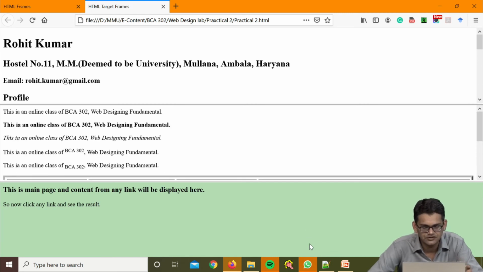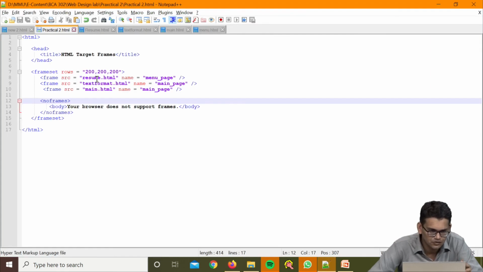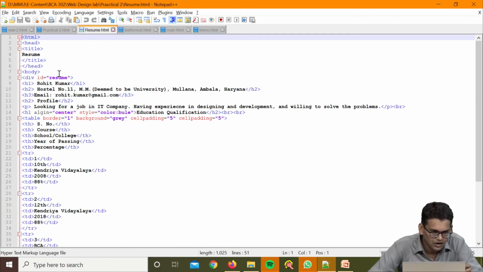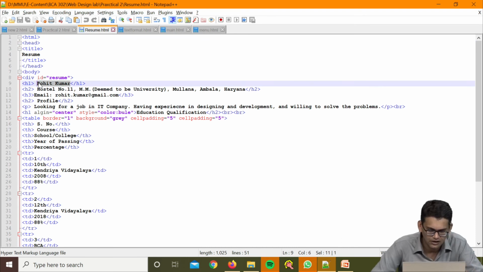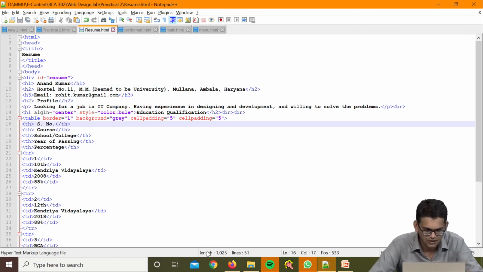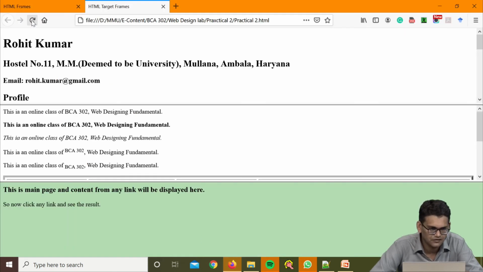So, if you make a change in any of these pages, the change will be reflected here, right. Suppose the first one is the resume. We will go to the resume, and if we change the name in the source file, like we write Anand Kumar, and then refresh here, you can see the changes are done here.